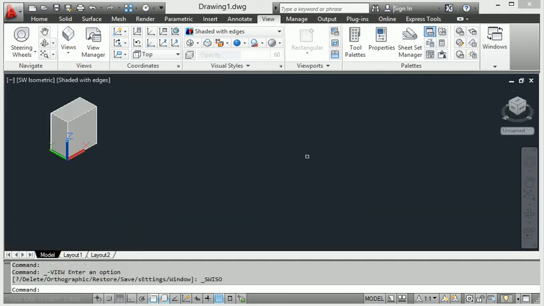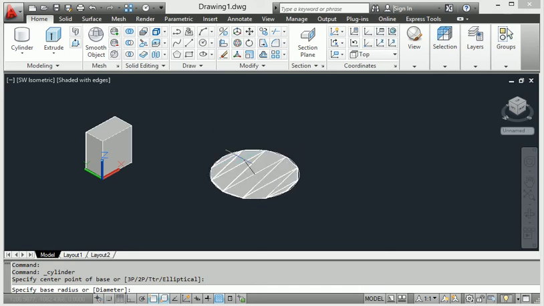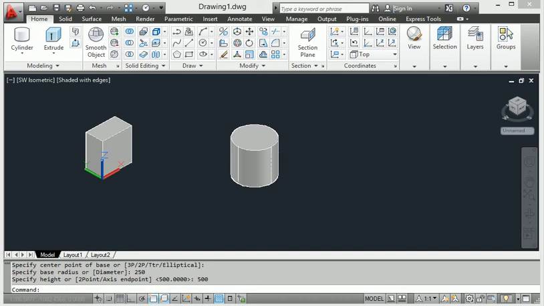When I go to the 3D isometric view and create the cylinder, it asks how much radius. So I first create the 250 mm radius, then the distance: 500. Like that, 500.